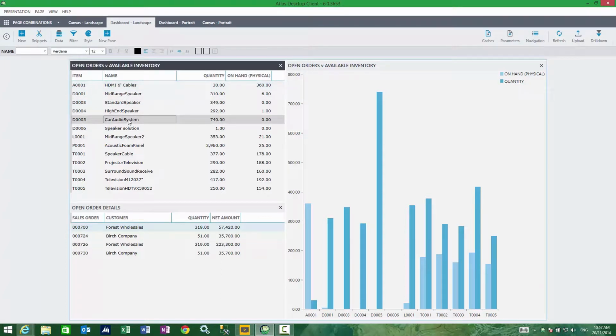on order along with the amount physically on hand. The second pane below it shows me a list of open orders for that selected item. In this case, I'm seeing open orders that contain the car audio system inventory item. On the right hand side, I'm looking at my open orders versus available quantity, but this time graphically as a